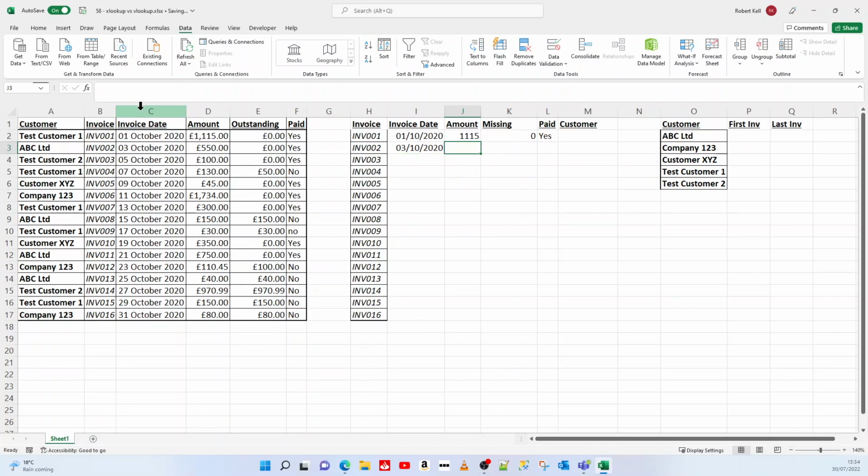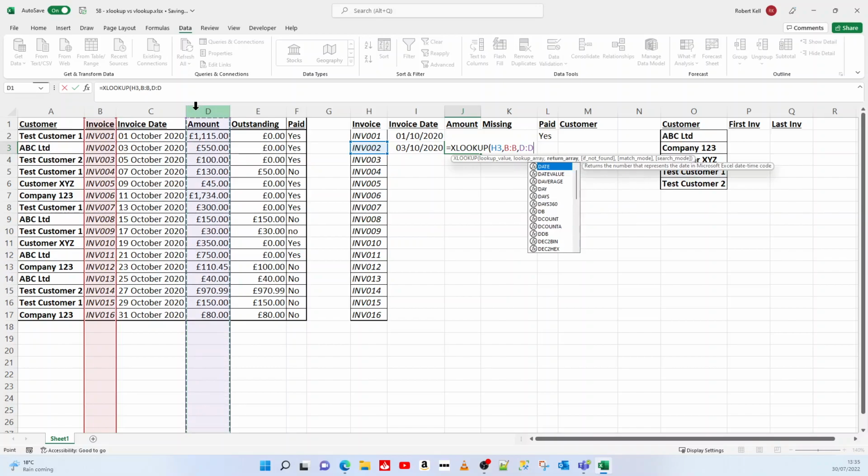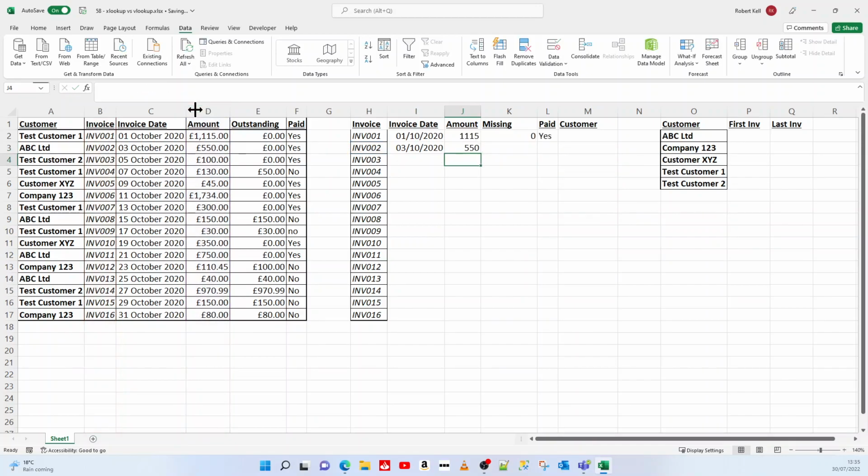I could do the same thing here. I'll just do another quick lookup, and before I show you a really, really cool thing. So H3, I'm looking in here, and if it's not found, well, just put an empty string. 550. So there's my values. Now what's cool is, well, in fact, before I go to what's cool, what it allows me to do is